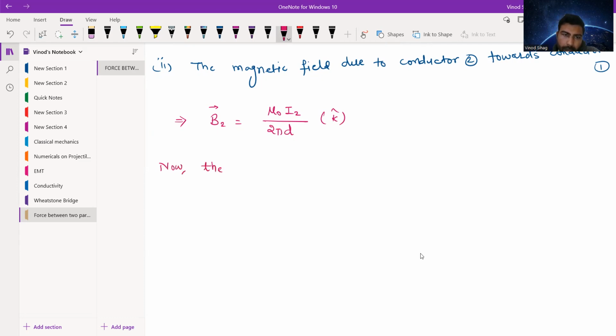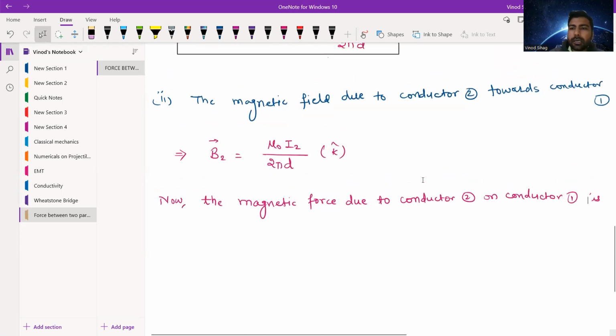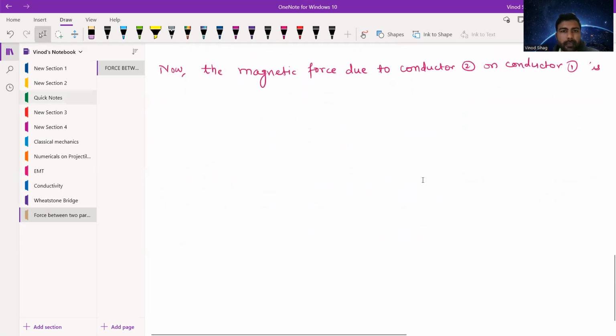Now the magnetic force due to conductor 2 on conductor 1 is F21. So it will be F21